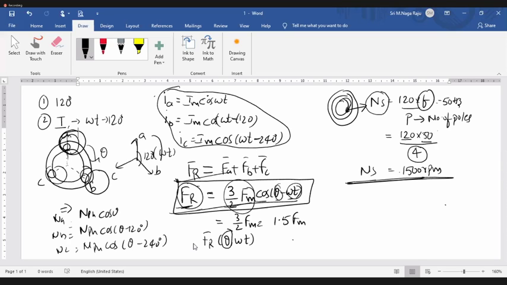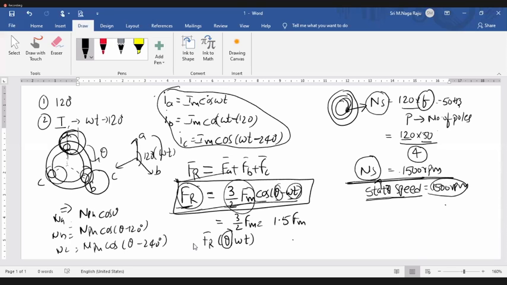From here onwards, this NS is called the synchronous speed or stator flux speed, or in some textbooks or questions it may be given as stator speed. For example, stator speed is 1500 RPM. Now, what does it mean? Is the stator rotating or stationary? It is a stationary one. But the meaning of the stator speed is that the stator flux speed is this 1500 RPM. All of it clear? Okay.